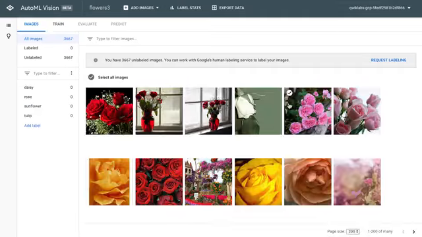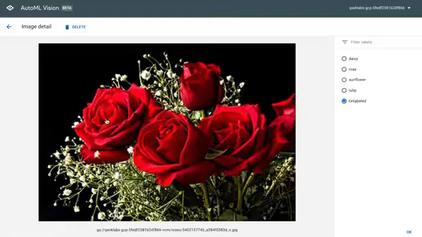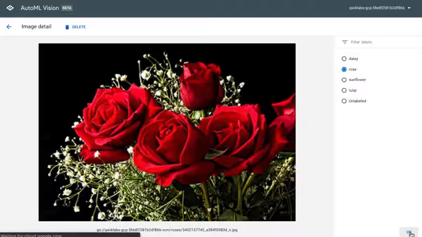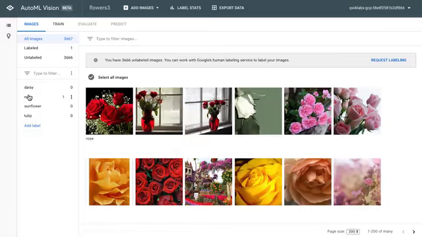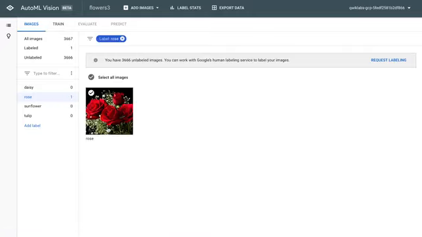Once you've finished adding your labels, the next thing you need to do in order to send these images off to be labeled is to provide some examples for each class. To do that, simply click on an image, and you'll see that the labels appear on the right-hand side. If you select one of the circles, you can then click OK. And now you'll notice that in the rows label, there's one image.